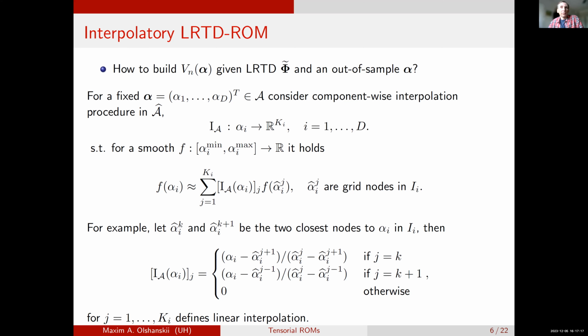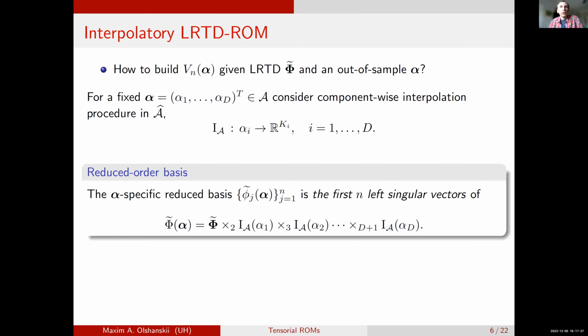Our favorite is interpolation of degree 2, so using 3 points. That's empirically works the best in our examples. So with this interpolation procedure, if we define this interpolation procedure, we can extract and interpolate the information using the LRTD, low rank tensor decomposition,